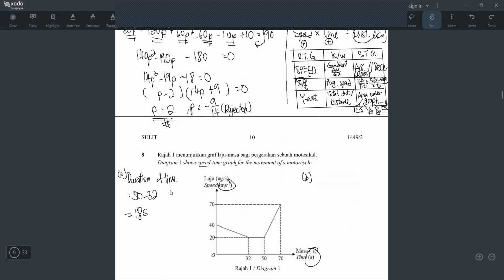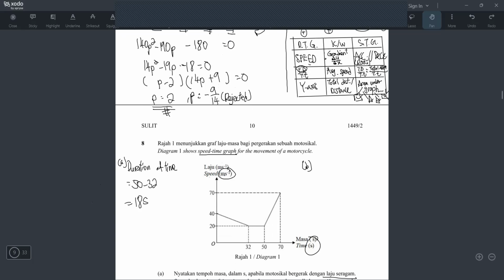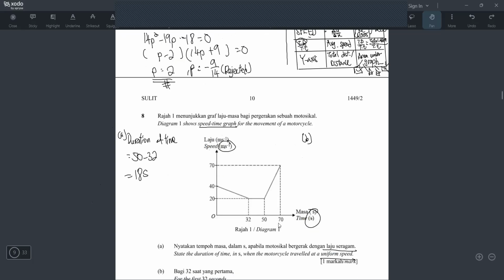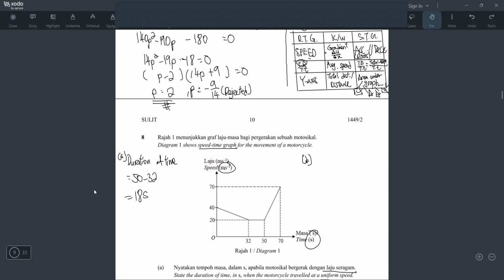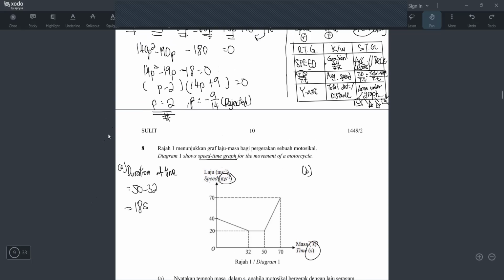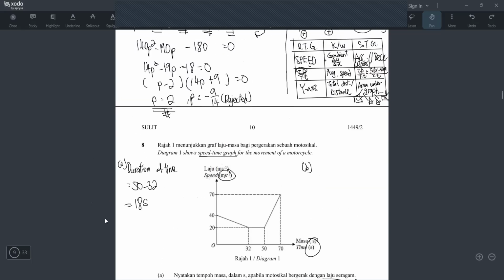Okay, so just now I remember I spent a lot of time explaining this table, right? I can straight away go to the question and do it, but I don't want to. I want to explain the whole thing for you. That's why all my videos are very long, 2 hours, 3 hours. Even though I can finish this paper in half an hour, it's not about me, it's about you. You're the one who has to face SPM, not me. So it's not about what I know, it's about what you know. That's why I want to make sure you really know. That's why I spend a lot of time explaining this, even though I can do it very fast.